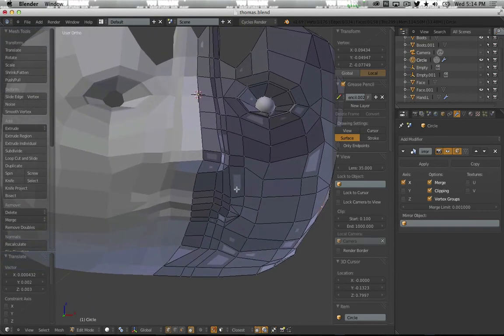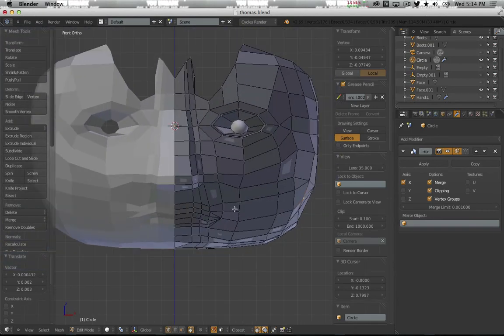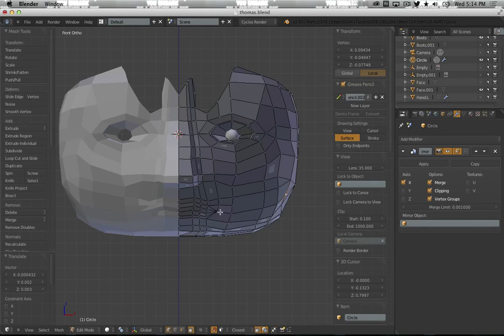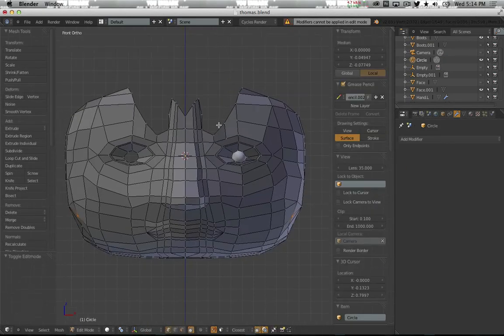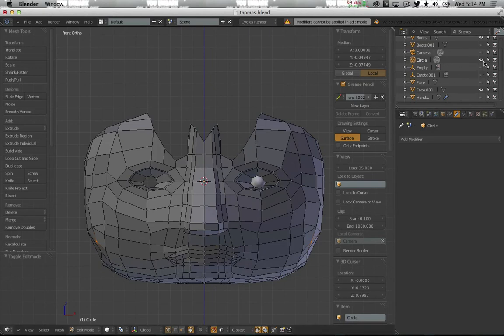Lips are okay. I'm okay with them. I'm not doing a whole lot with it, so that's no big thing. Okay, so that's looking pretty good. Then you just need to take off your X modifier. So just apply it. Yeah, sorry. Go into object mode, apply your modifier, and then you can come in and